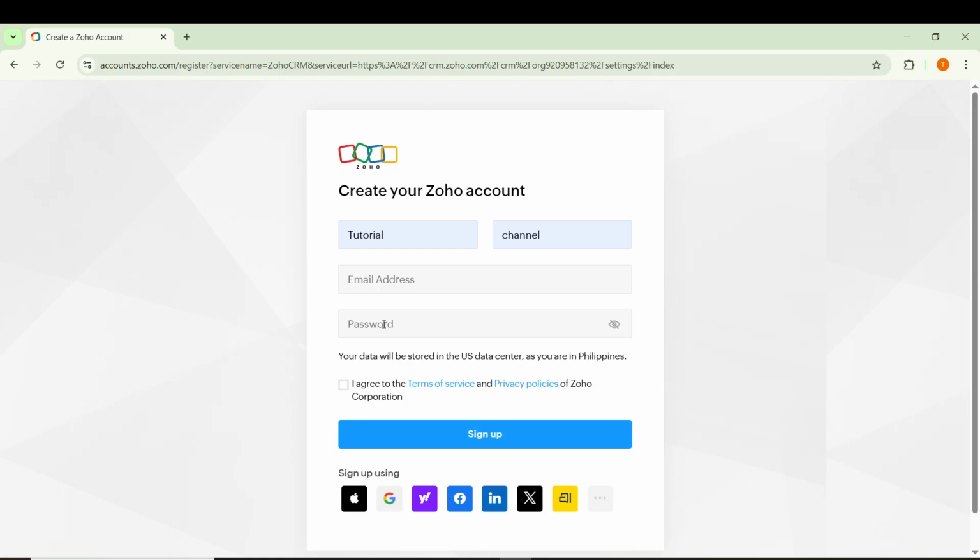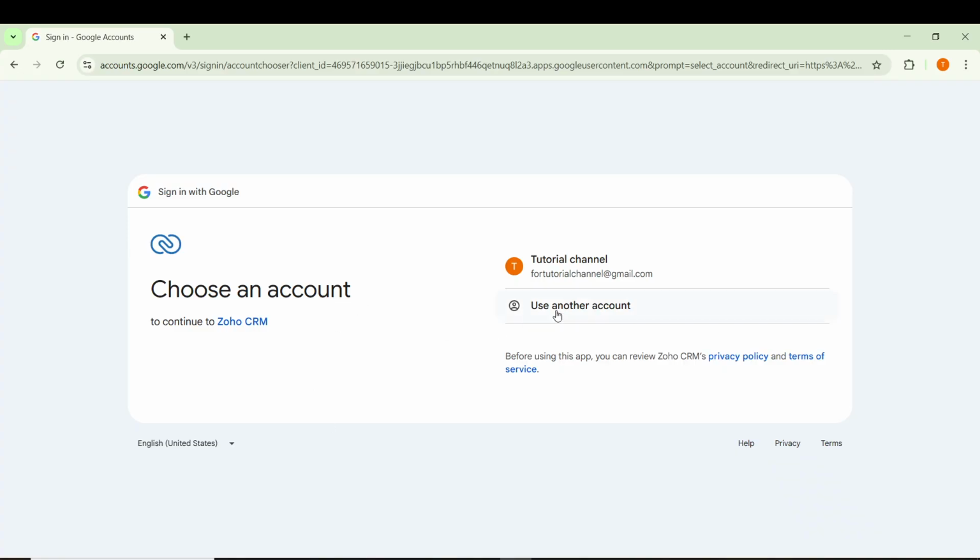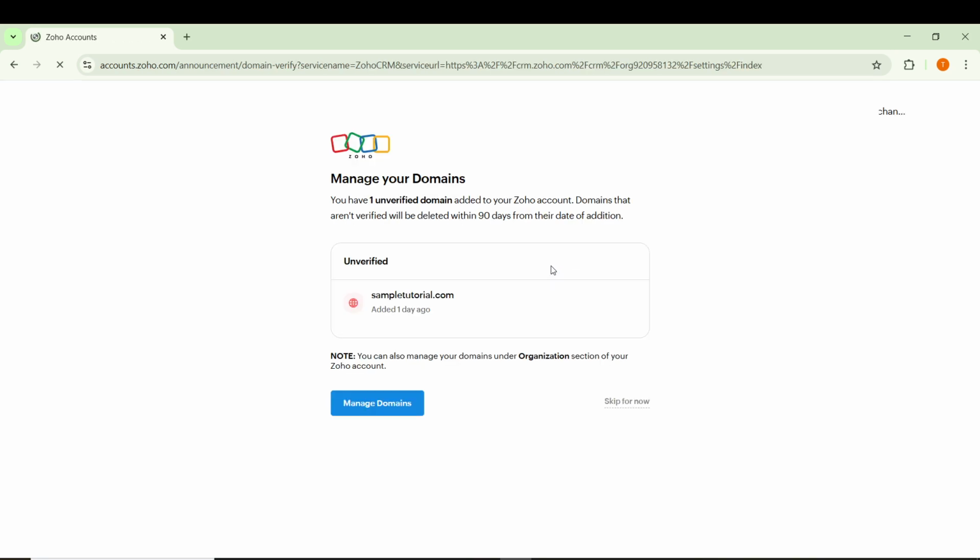If you prefer, you can also choose Sign Up with Google. This can make the process faster since it connects your Zoho account to your Google login and reduces the number of fields you need to type. If you use this option, make sure you select the correct Google account, especially if you are signed into multiple accounts in your browser. After you have filled in your details or selected the Google Sign Up option, review everything